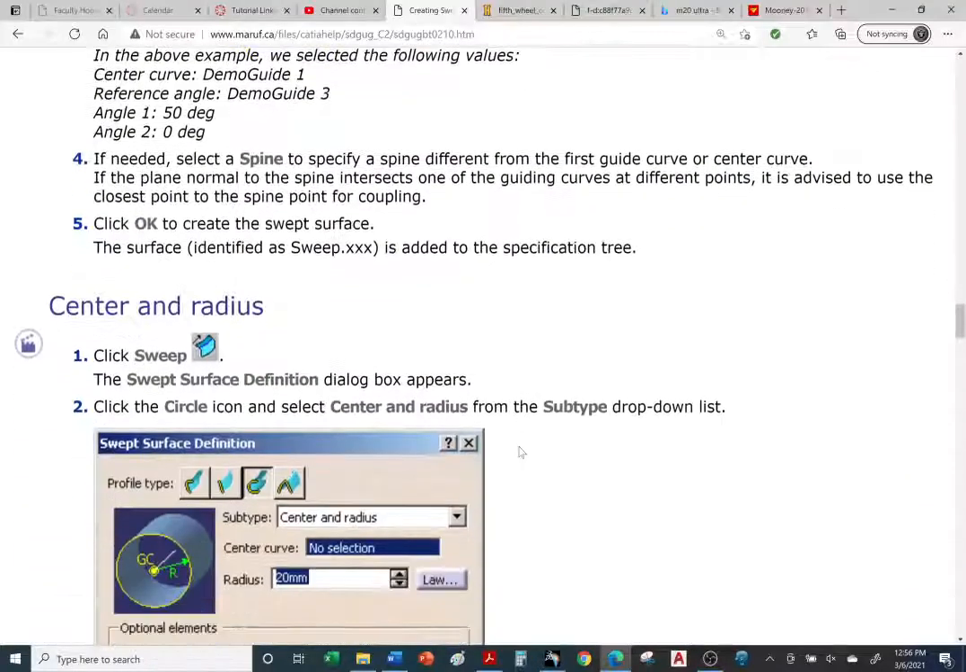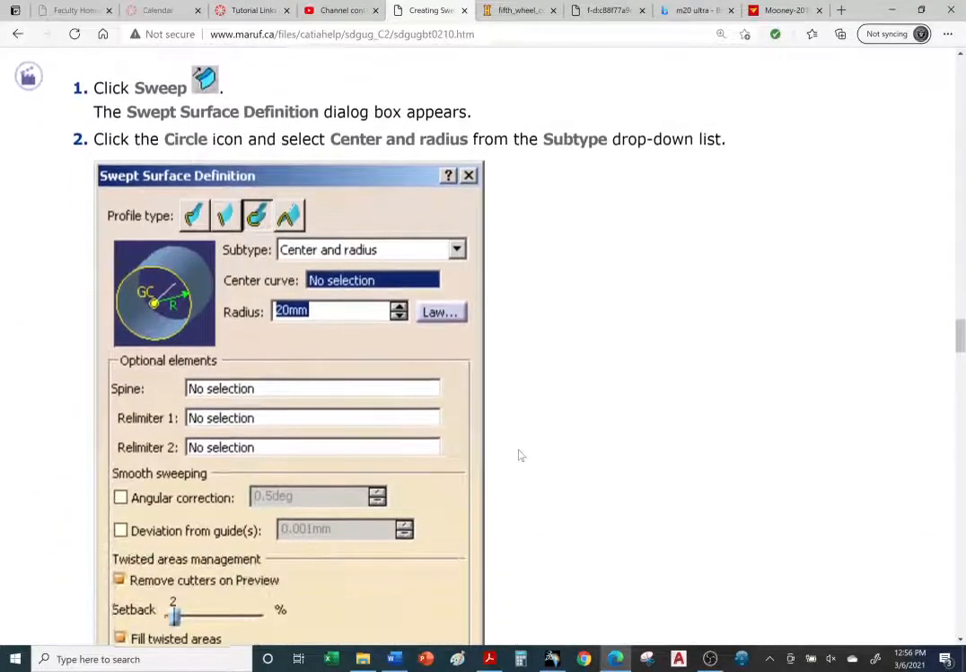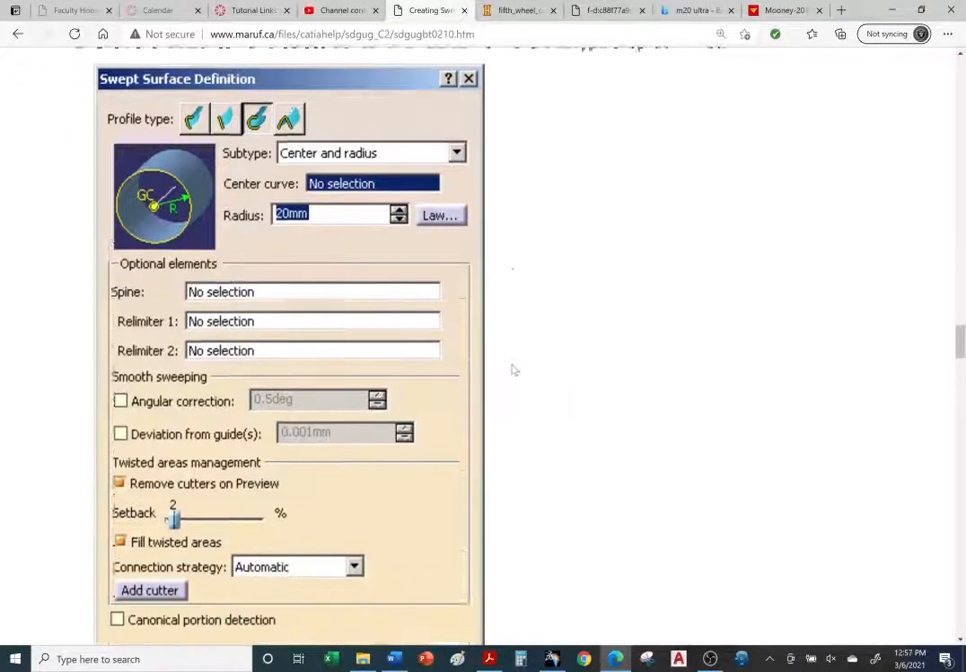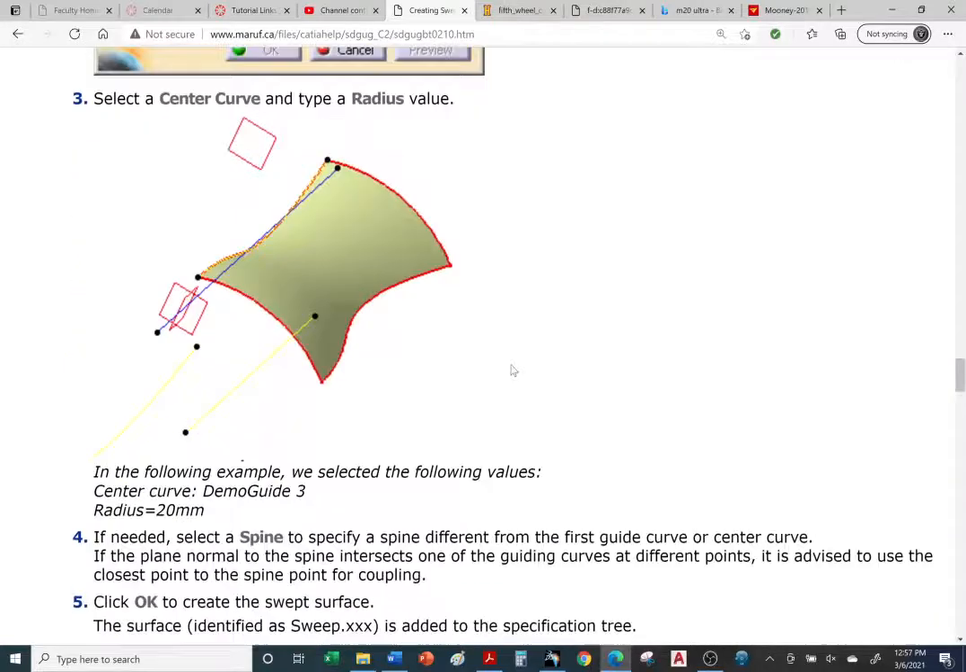And let's go on to the next one. Center and radius. Okay, this is similar to a cylinder. So we're going to create a cylinder using the swept command. So we need a guide curve, or a center axis, center curve, and a radius. So we're going to go ahead and select